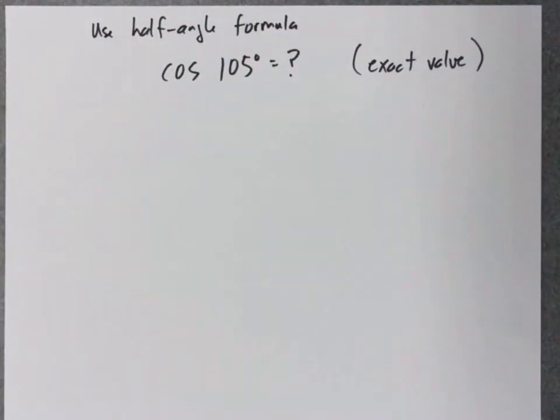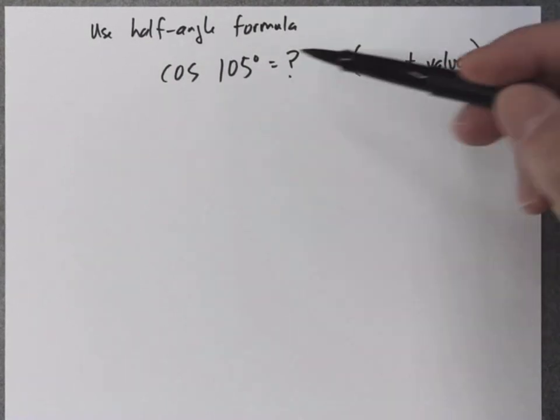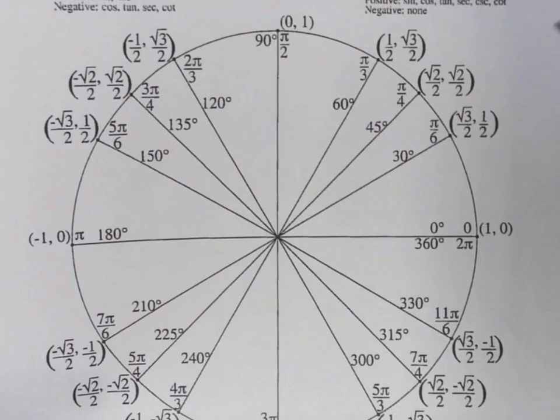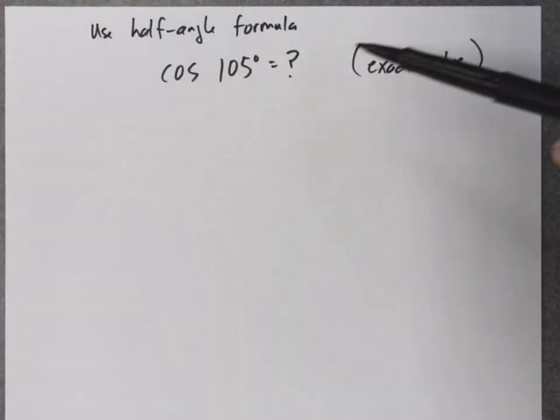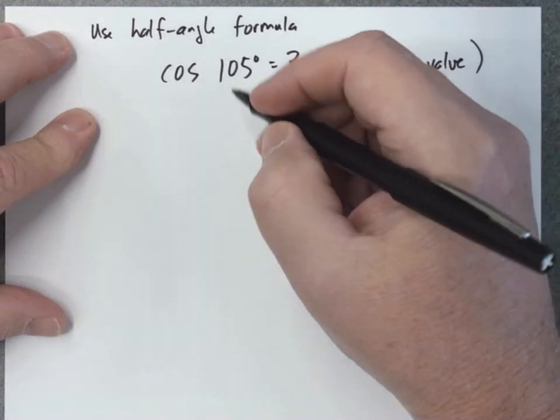to solve this. Since we're looking for an exact value, we can only give exact value answers for special angles. Well, 105 degrees is not a special angle. If you look on your unit circle, you go from 90 to 120. 105 is not in there. However, what you realize is,